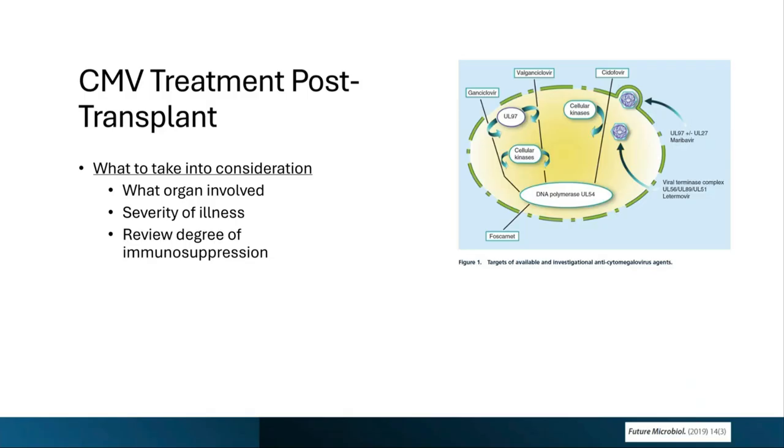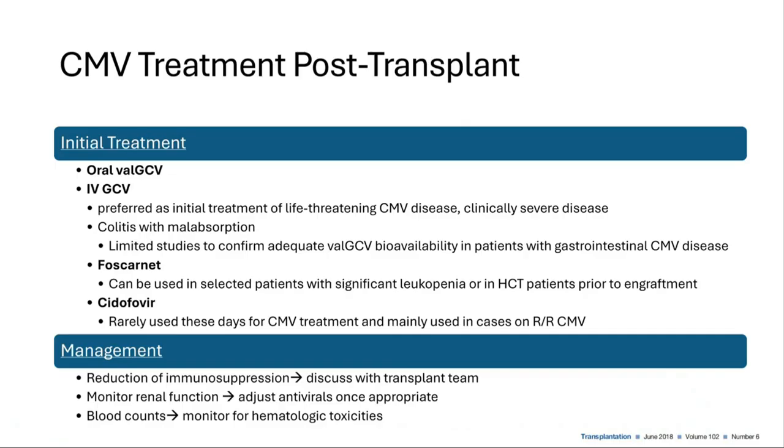First of all, let's talk about the medications. When they give you a question about which meds to use for the treatment of CMV infection or disease, you have four main choices. You have oral valganciclovir, then intravenous ganciclovir, and oral valganciclovir is a prodrug of ganciclovir. You have foscarnet, and you have cidofovir. So when they ask a question about treatment, remember these four choices first.